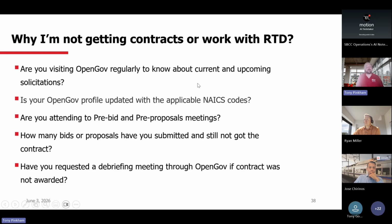Maybe you don't have the appropriate NAICS codes, but you could perform that work. Make sure you're monitoring OpenGov, because at that point, if you don't have the NAICS code, but you can perform that work and you can prove to me that you can perform that work, I could add that NAICS code so that you could be active on some of these solicitations. So make sure you're not just depending on RTD to reach out to you, that you are looking in OpenGov